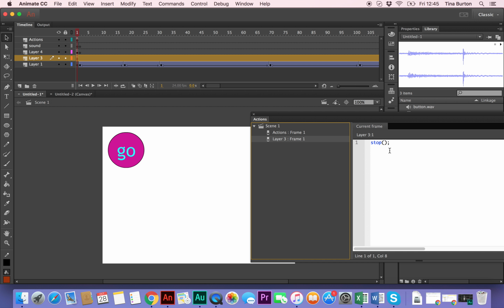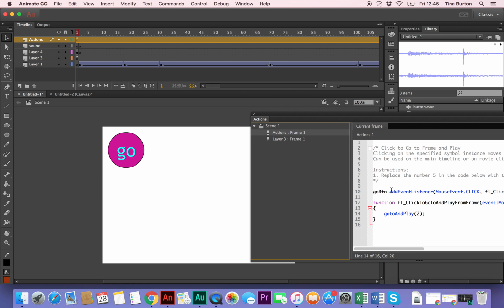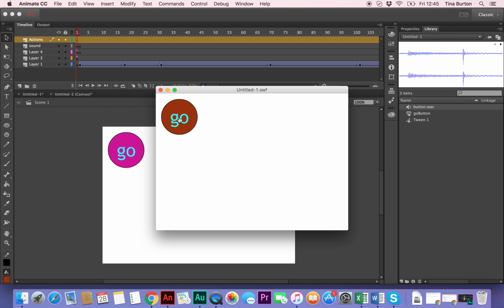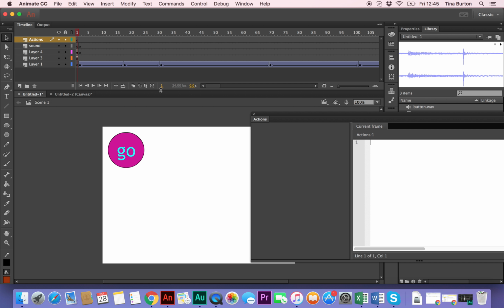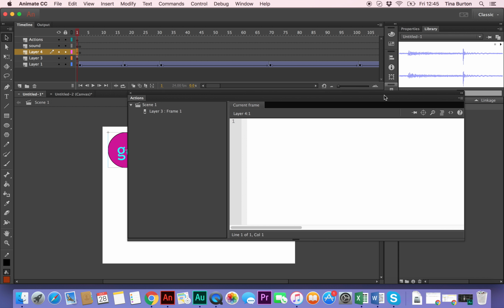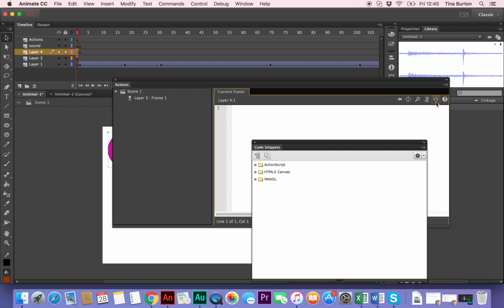We've got a stop action, which is what we really want. And then on the button itself, I've already put, actually that's for the old one, so let's just delete all of that. And then let's just test the button first. There you go, so the sound's working and the button's working, so let's close that. So while we're in actions, we might as well select the button. It's got a different name than the other one. So I'm going to use, let me just drag it over there, I'm going to use the code hints,